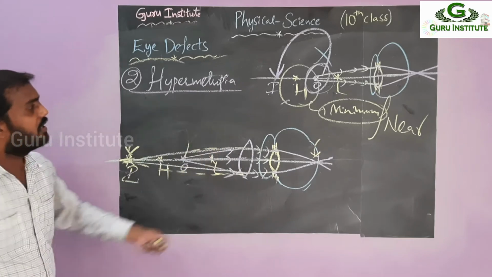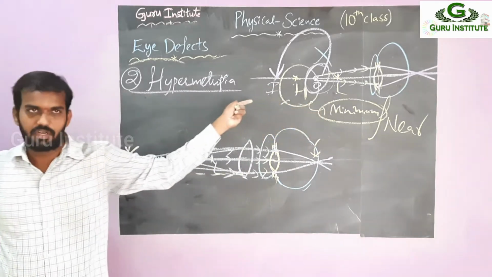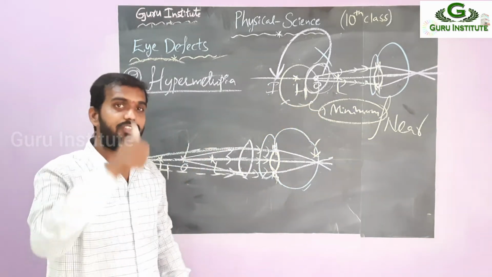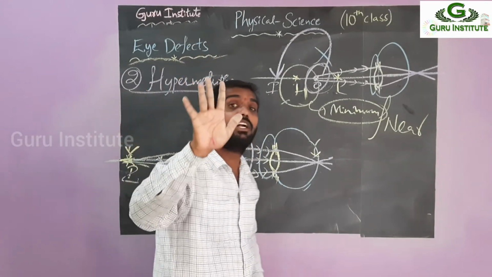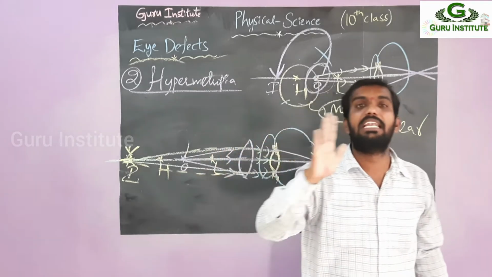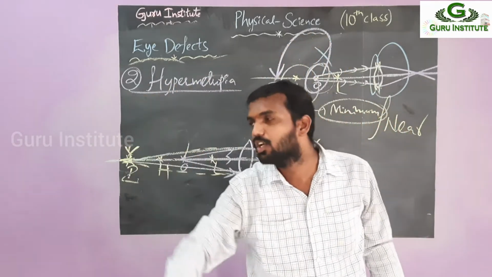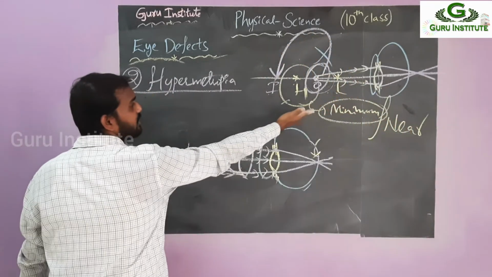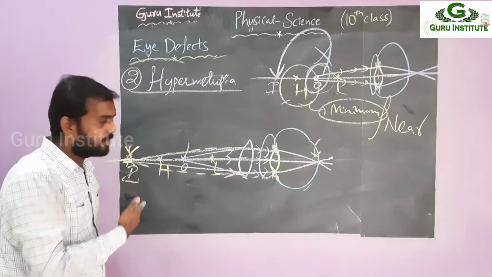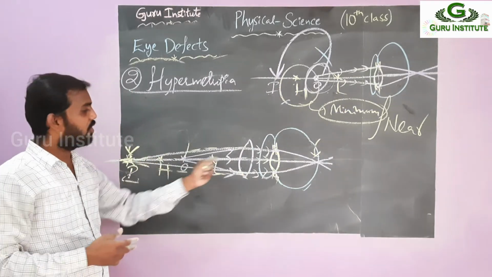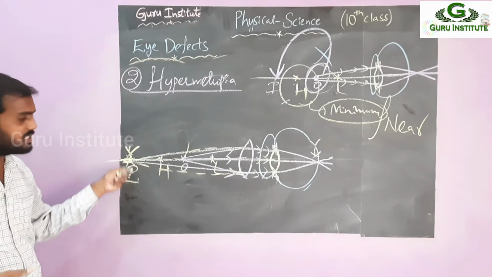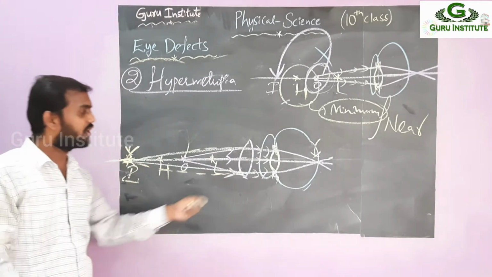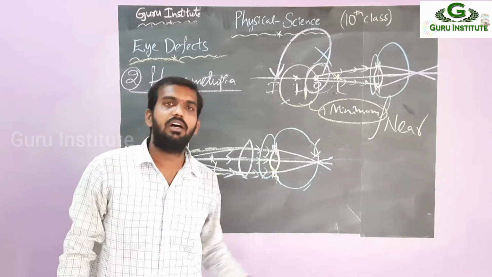Now see here. We have to shift the image from in between H and L to after H. Shifting the object is not possible, so that's why you have to shift the image only. So for that, what do we have to use? You have to use the convex lens. Its property is that a near object you can see as a far object. So now this near object you can see as a far object by using the convex lens. So that is falling on this one, that is sending back, and after H it will project its image, and this image now acts as the object for our eye lens, and then the image is formed on the retina.